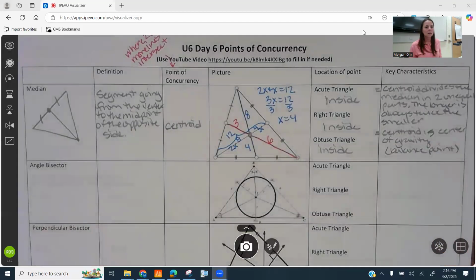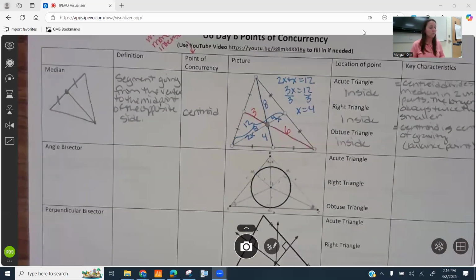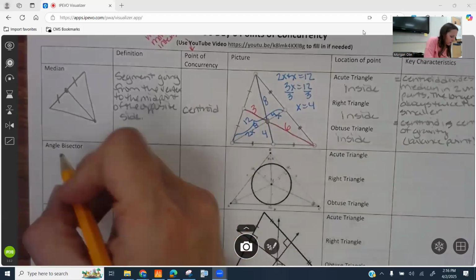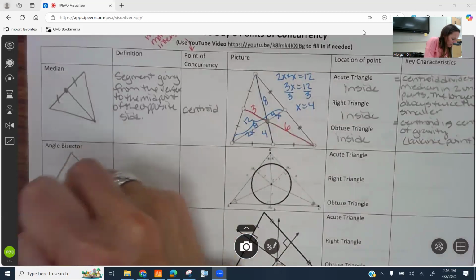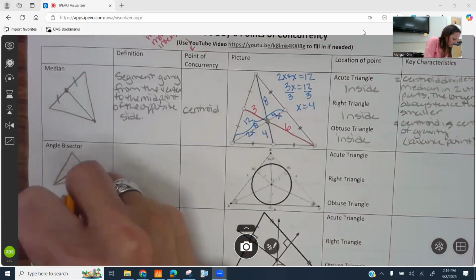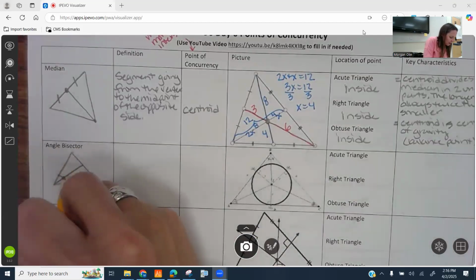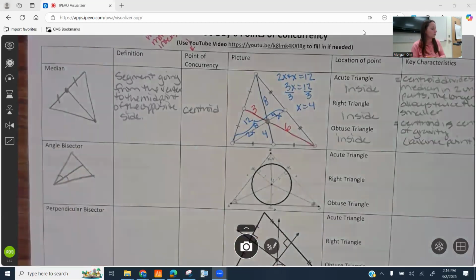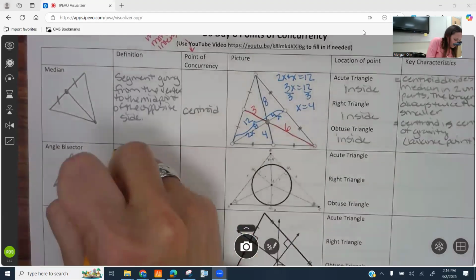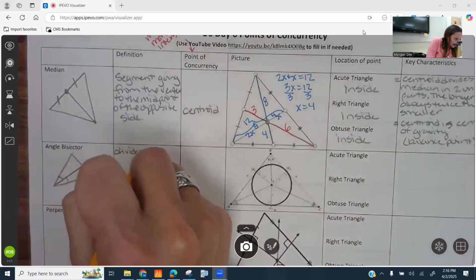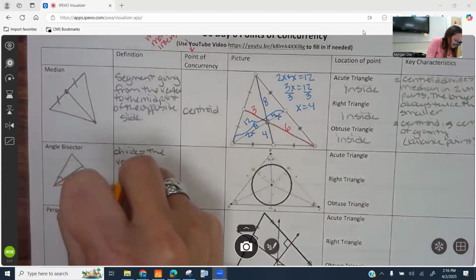All right. Now, angle bisector. Whenever you hear bisector, you should think cut in half, and it cuts it equally. Well, it's cutting the angle in half. All right, so let me draw a triangle. It always comes from a vertex. It doesn't necessarily cut these two sides in half. It cuts the angle in half so that it's congruent right there. So it divides the vertex